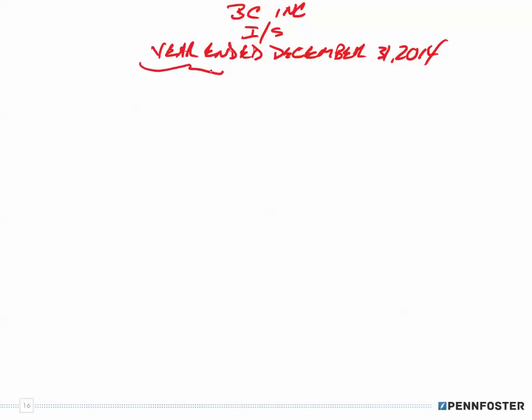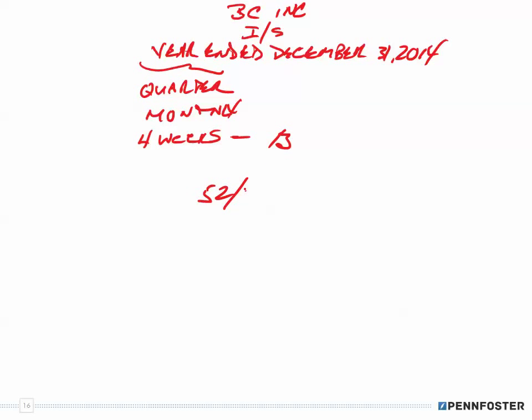Whatever you put here, if it's year ended, that means it has one accounting period, which is the entire year. If you put quarterly, quarter ended, it tells you that the periods are 4 months long. If it's monthly, it's every month. If it's 4 weeks, it's every 4 weeks, which means there are 13 periods in a year. We get that because 52 weeks divided by 4 gives you 13 accounting periods, whereas monthly,